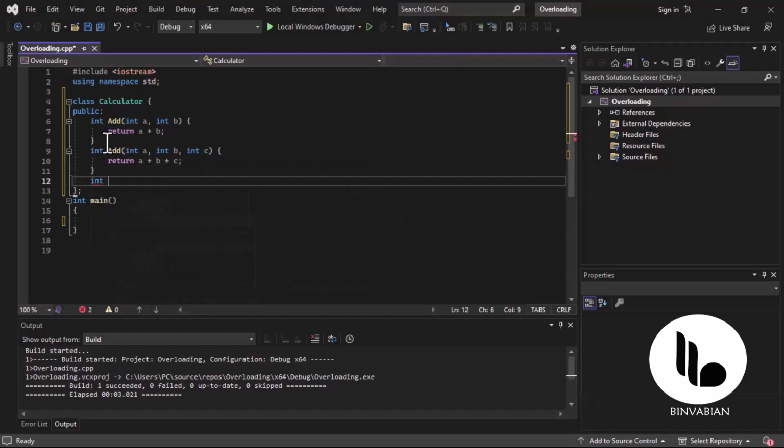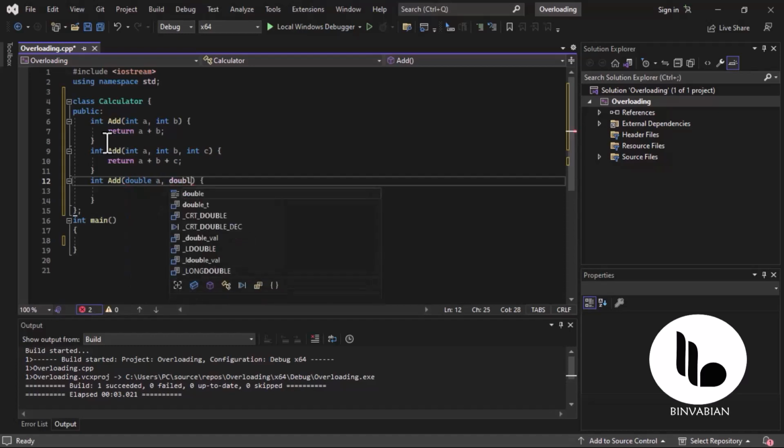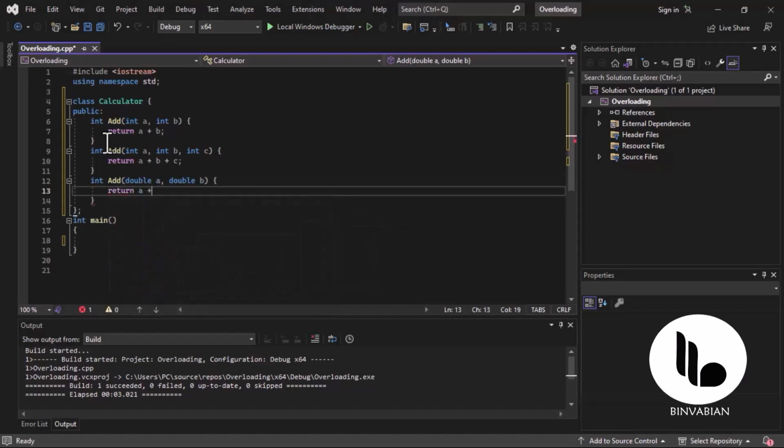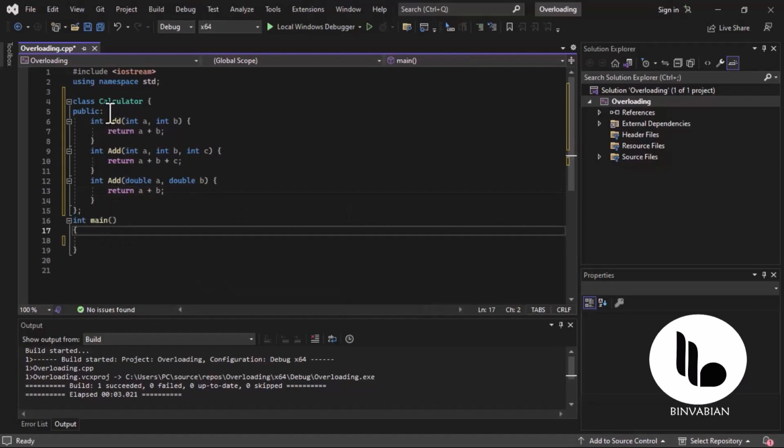I'm going to also create a third one, add, and this is supposed to take in a, b. Sorry, I think I should have a double here. So double a and double b. That's what I intended. So this is going to return a plus b, the sum of the doubles. So we have three implementations of the add function, and now if we decide to create an instance of calculator